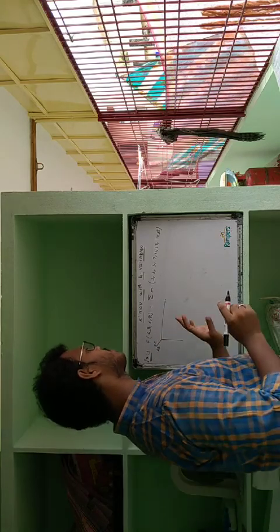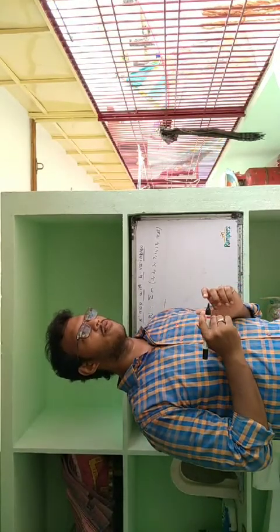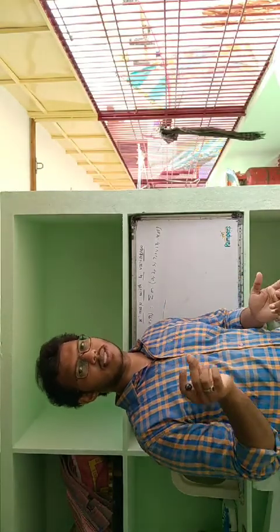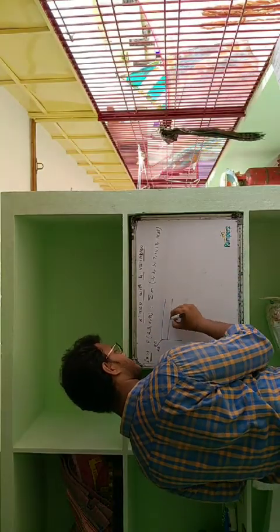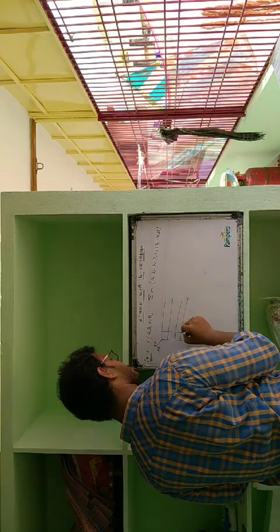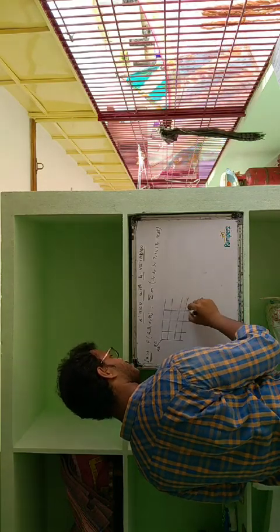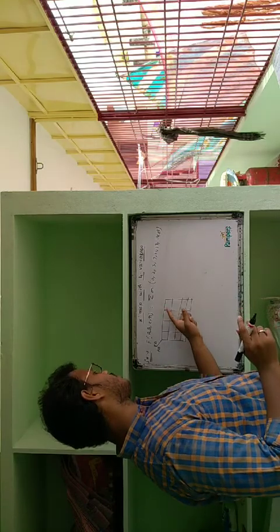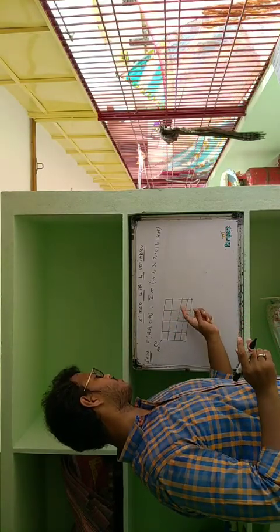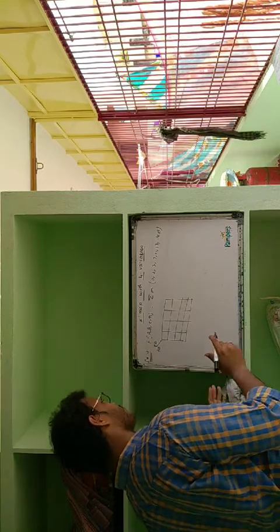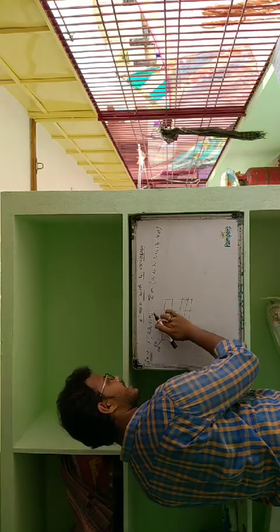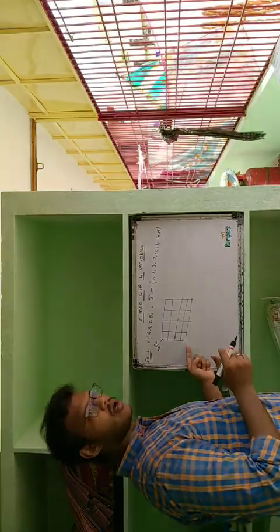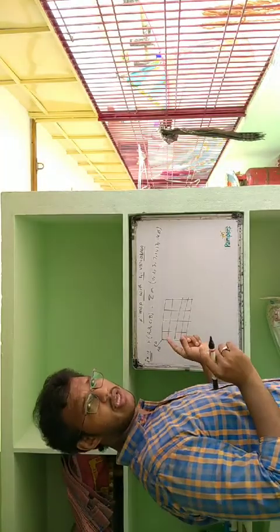So with 4 variables, how many possible outcomes? The 16 possible outcomes, right? So we need 16 cells. 1, 2, 3, 4, 5, 6, 7, 8, 9, 10, 11, 12, 13, 14, 15, 16. So this entire row is for C and D, and this entire column is for variables A and B.